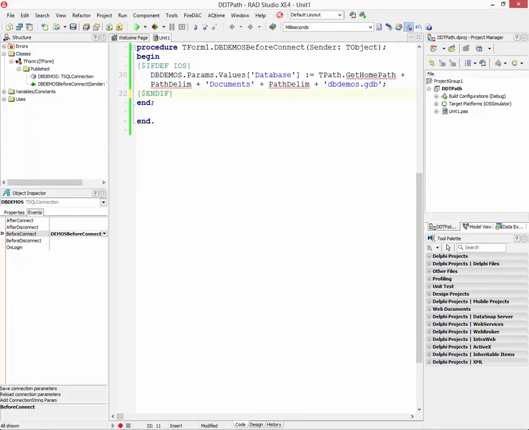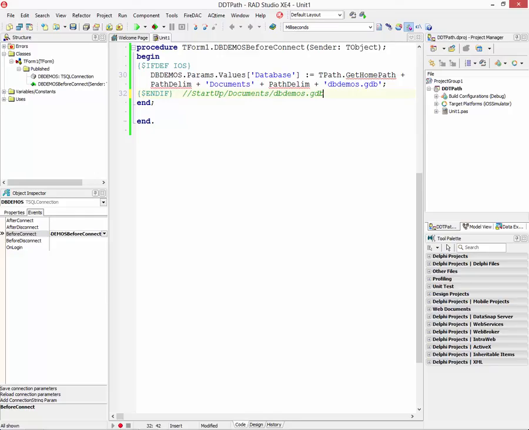Now with this path, this file dbdemos.gdb is going to be stored and located at startup/documents. So let me just put a comment here to remind us about that. So my TPath HomePath for the iOS device would be startup, and then I have path delimiter for /documents, path delimiter / and then the final name of my file,